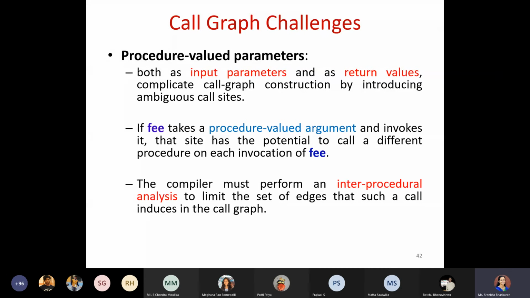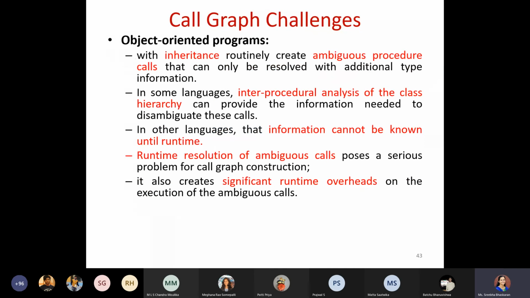The other usual challenge which we have to face is the arguments what we have passed and what is the return type value. Whenever we have inter procedure from one procedure to another procedure, whenever we are calling, we will have certain values which we have to pass, that is arguments. Similarly, once that procedure is done, we have to return some values to it. When we are returning, how the control should go back and how the connection should be discarded, that is how the connection should be removed. All these things have to be taken care of. So this is also considered to be one of the challenges.